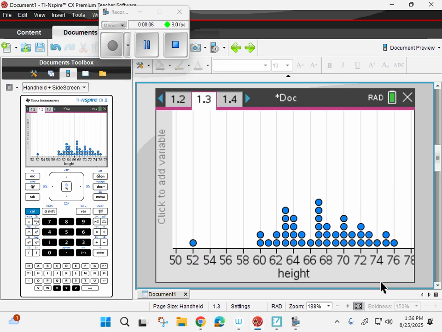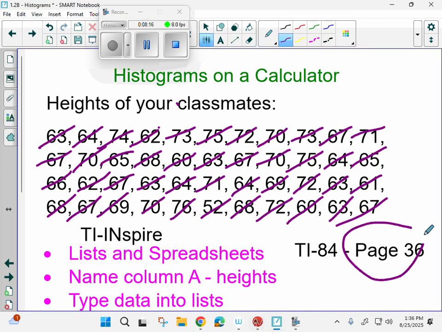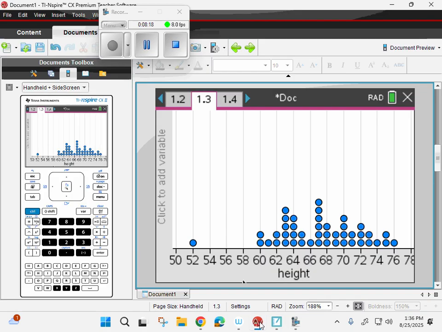Oh, you also have the 84. Sad day. So there's directions in the book. Okay, I know, I'll help you momentarily. But the book, I think I had the page number up here. If you have the 84, go to page 36. All right, it teaches you how to do it. Okay, everybody else go to menu